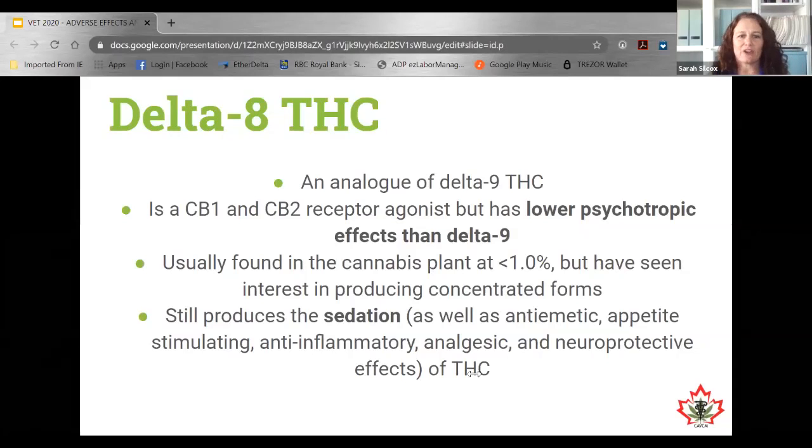Delta 8 THC is the lesser known THC, but it is an analog of Delta 9. So the THC we always talk about, it's found in much lower concentrations and it has lower psychotropic effects, but it still produces the sedation that we can see with THC, as well as a lot of the other beneficial